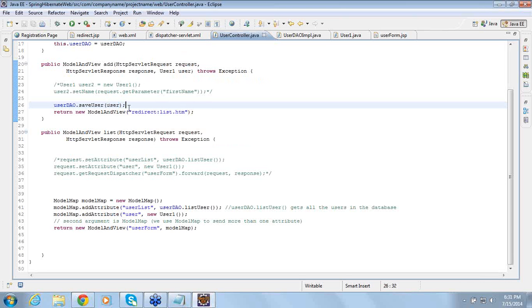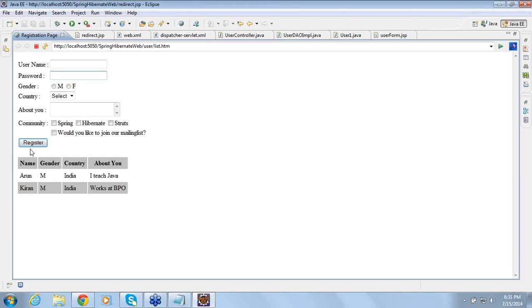And after saving, what are you doing? You are redirecting it to list.html. Because when I click on the submit button, what should happen? You should go and get the data again. Because when I add here, then I'm adding another record. So when I'm adding another record,